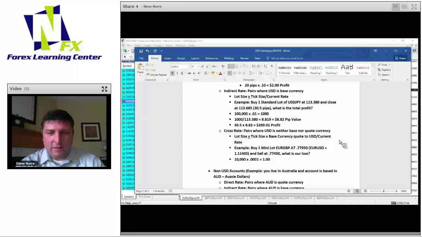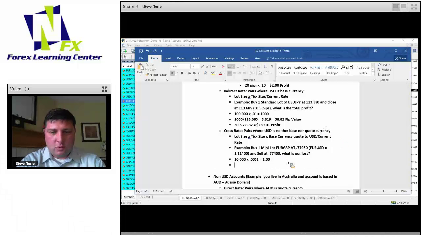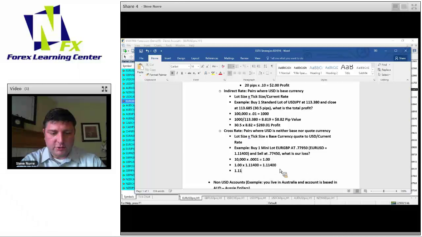And then what we need to do is take that 1 and multiply it times the Euro US. We need to put this into dollars. We need to convert those euros into dollars. So the current exchange rate, 1.11400, and then we take that 1.11400 and we would divide it by the current rate, 0.77950,